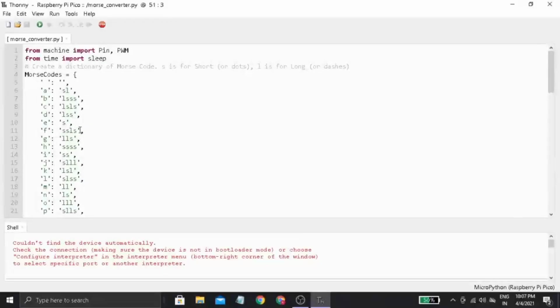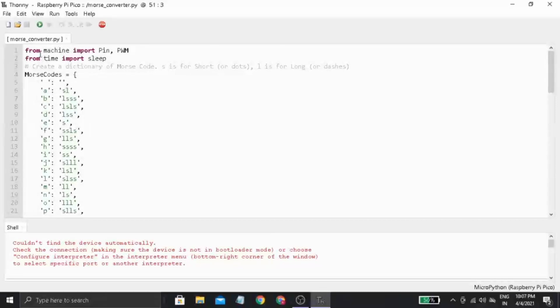So now let's move on to the coding section. I have already shown you the basic components part. We only need a Raspberry Pi Pico microcontroller, an LED to demonstrate, and an optional buzzer that will make things a little bit exciting. So what I am doing is connecting my Raspberry Pi Pico board with the LED positive pin by GPIO 8 and connecting the buzzer pin with GPIO 12. That's all and nothing else. Now let's move on to the coding section.